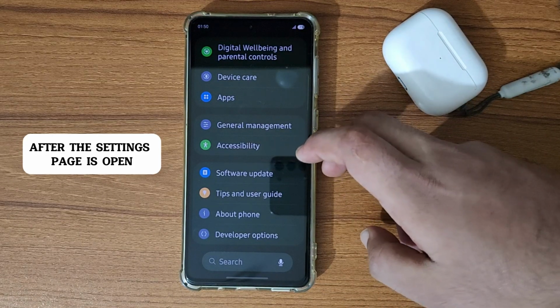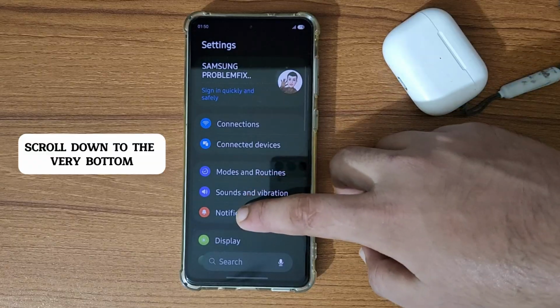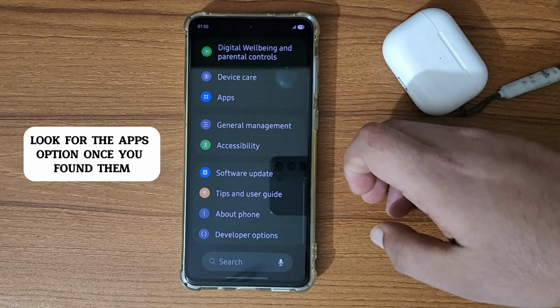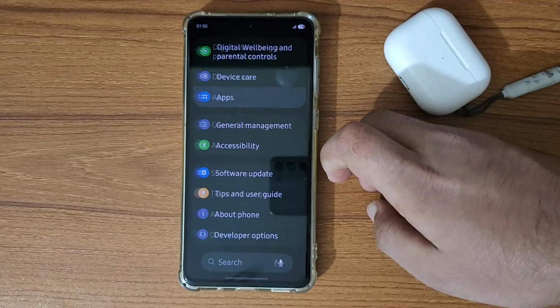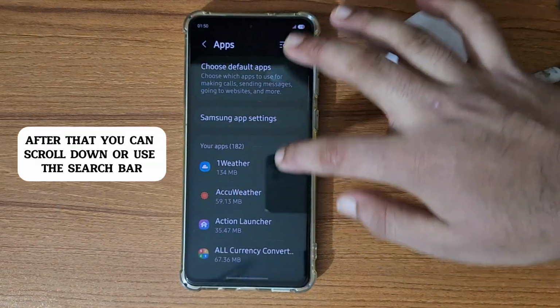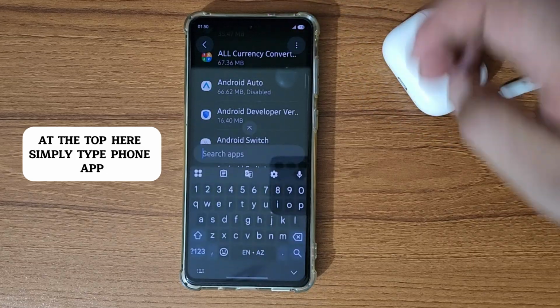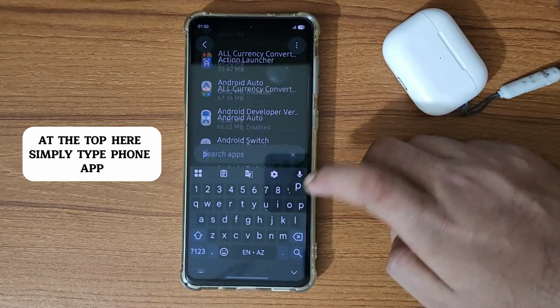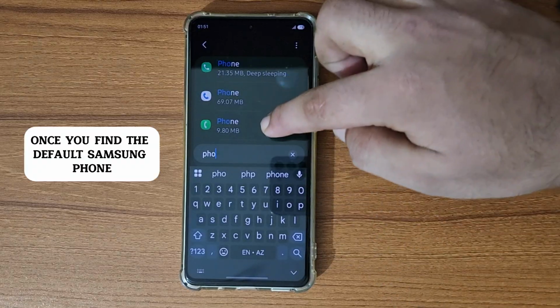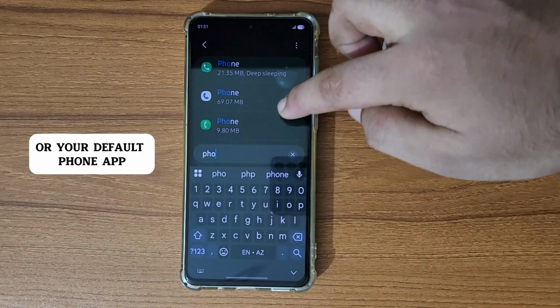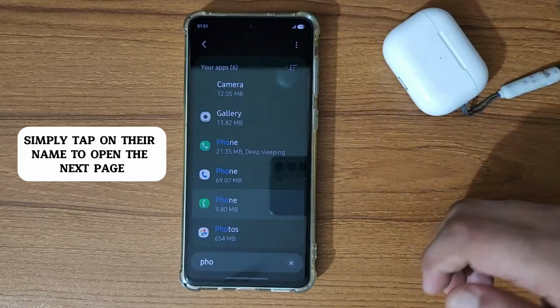After the settings page is open, scroll down to the very bottom and look for the apps option. Once you find it, click on it. After that, you can scroll down or use the search bar at the top. Here, simply type phone app. Once you find the default Samsung phone or your default phone app, simply tap on its name to open the